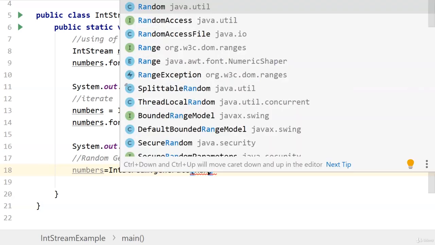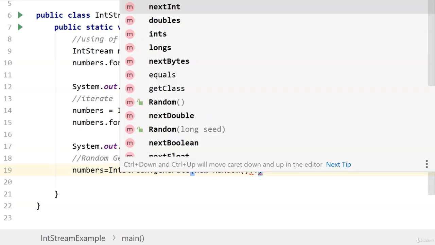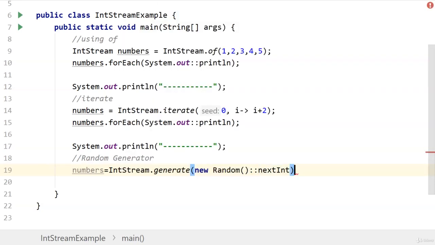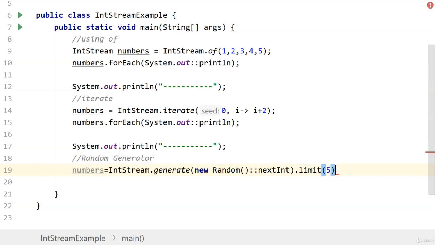So new Random, and nextInt, limit, and 5. Let's print out the spacer,